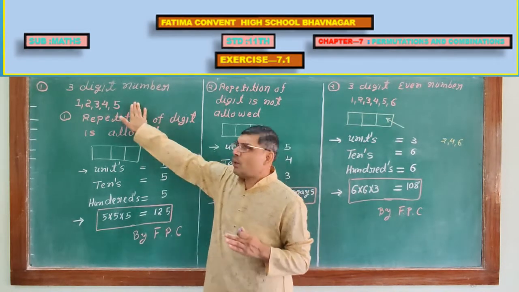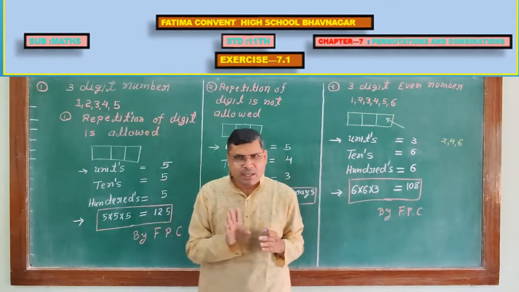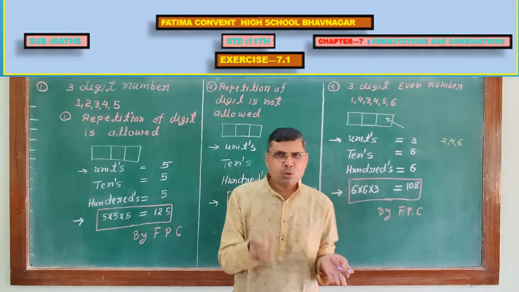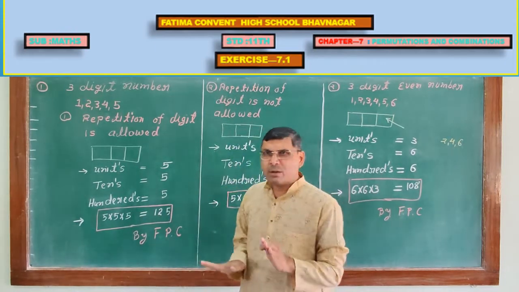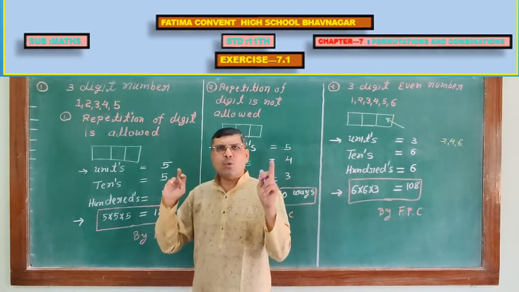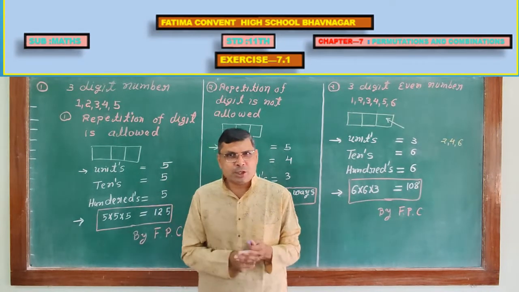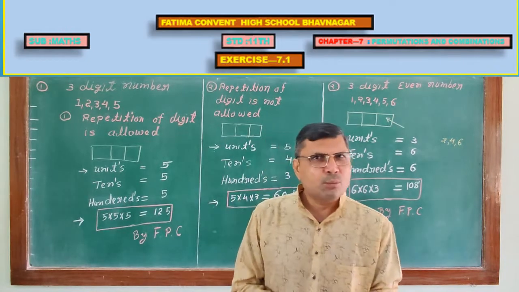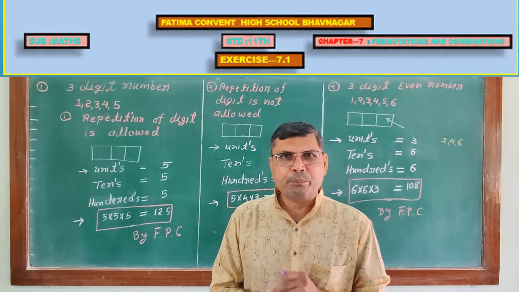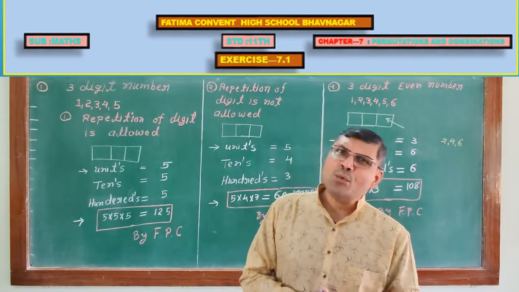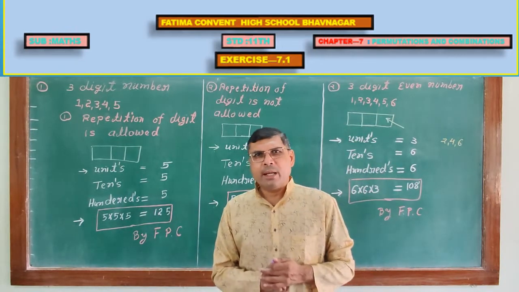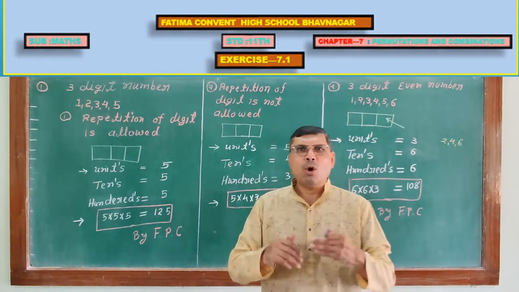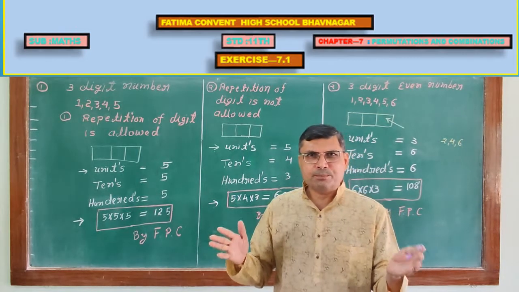Means for 5 you can write down 5, 5, 5 three times, or you may write down 5 two times. Say 4, 4, 4, three times because it is a 3-digit number, or 4, 4, 1, where 4 is two times, and so on. Now here I want to form a 3-digit number. Remember here we have to write down all the possible outcomes.